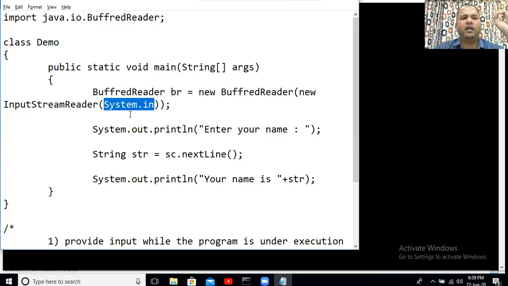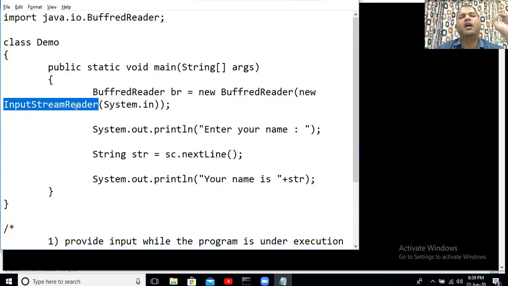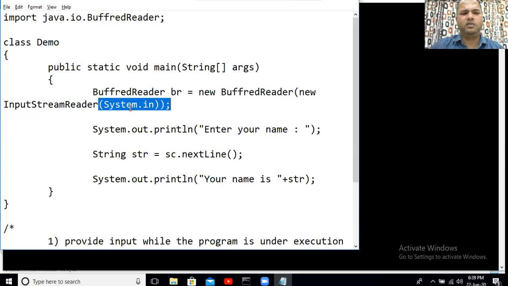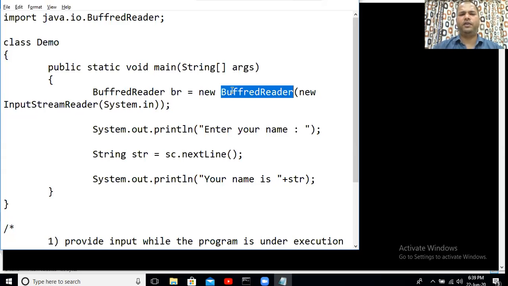That's why we are assigning the keyboard to the InputStreamReader object, and we are then assigning the InputStreamReader object to the BufferedReader, because BufferedReader can work with InputStreamReader. So ultimately the keyboard is being made available to the BufferedReader.